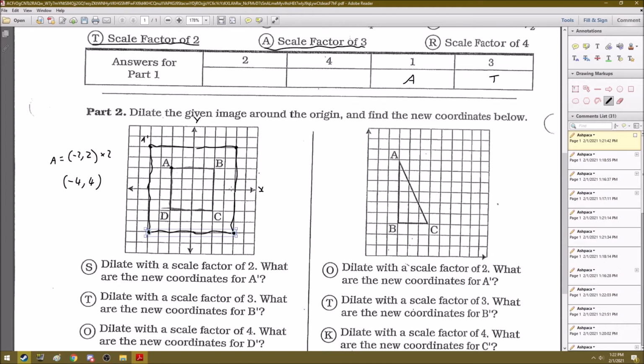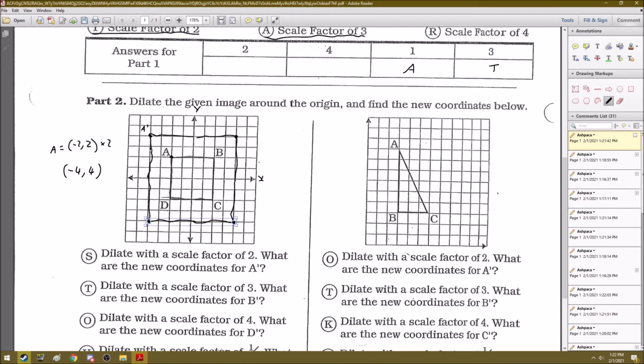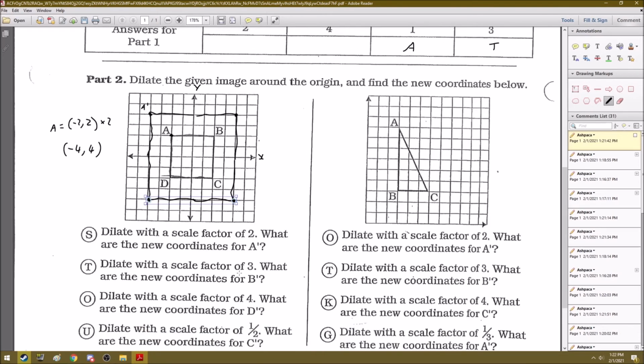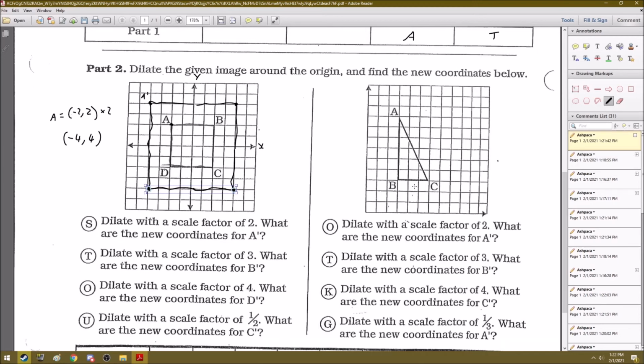And so you can draw the whole square bigger, but if you want, you do only need to do it for the point it's asking about, which in this case is A. The other questions ask for other corners. It's the same thing over here with the triangle. So let's solve